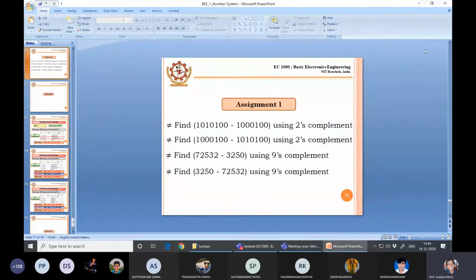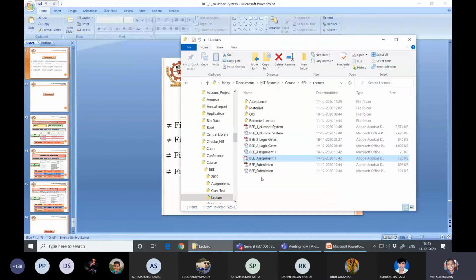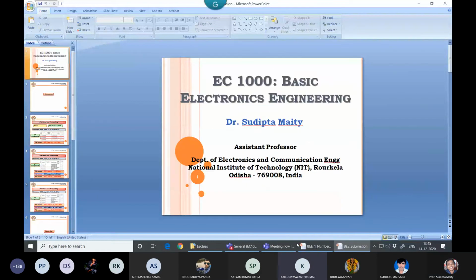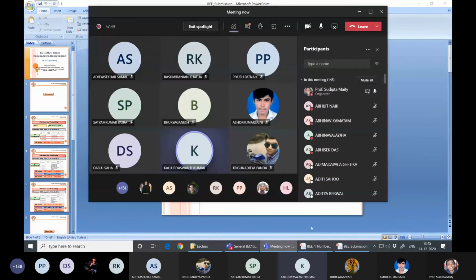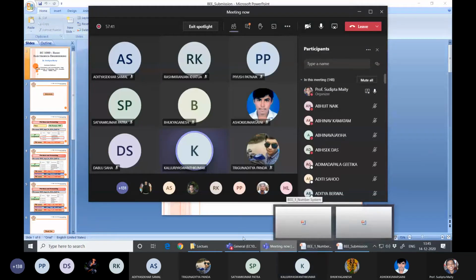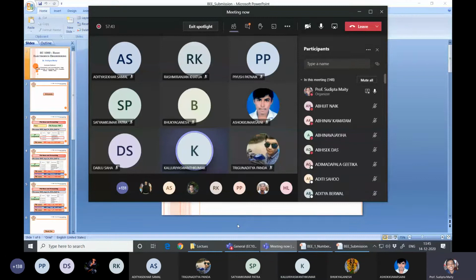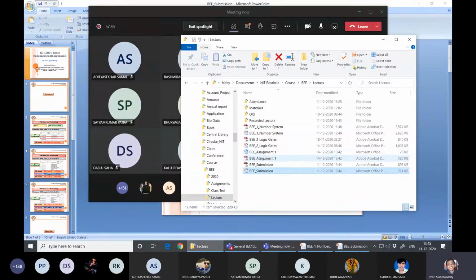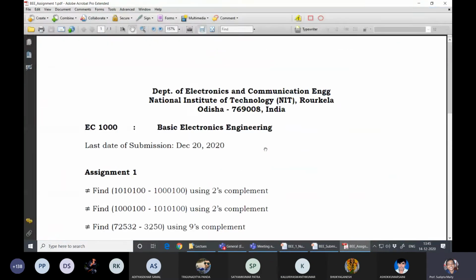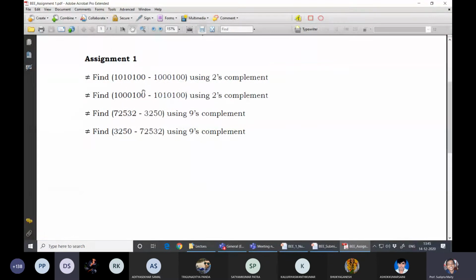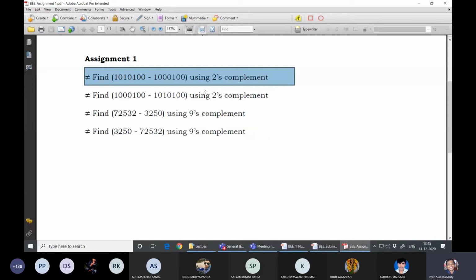Sir, shall I ask? Yes, you can ask. In the assignment, is it using R's complement or R minus 1's complement? I believe the question is clearly written; you have to read properly. Find something minus something, and it is given using 2's complement.